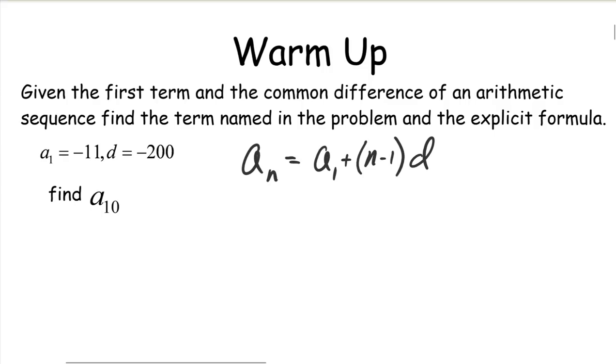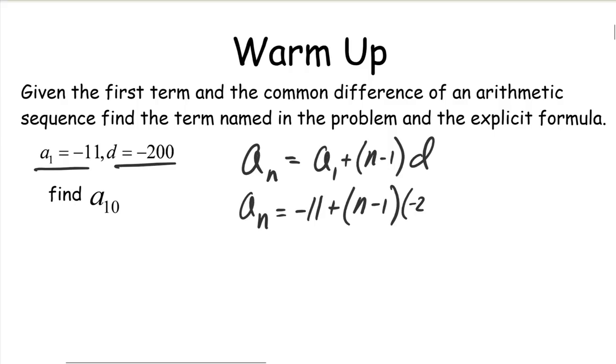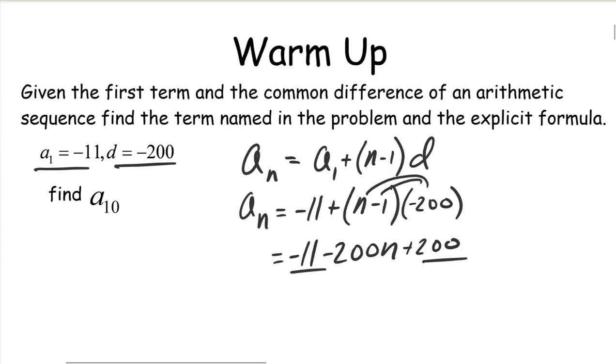So we're just going to plug in what we have. Our first term is negative 11 plus n minus 1, and our common difference is negative 200. We simplify by distributing the negative 200, so we get negative 200n plus 200. Now we combine our like terms, so we have our explicit rule being negative 200 times the term we're on plus